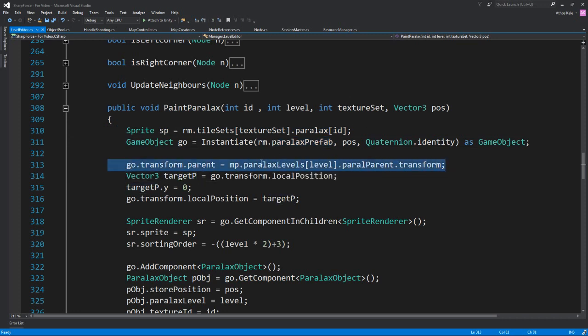We set it as a parent of the current parallax level. We have objects that we parent below, and instead of moving all the parallax objects together, we just move the parents based on the offset set by the level. We're going to see this in a bit. The target position will be, of course, the local position of the parallax parent. We set the y to 0, so it's also leveled in, and we reset the local position to be the target position, although